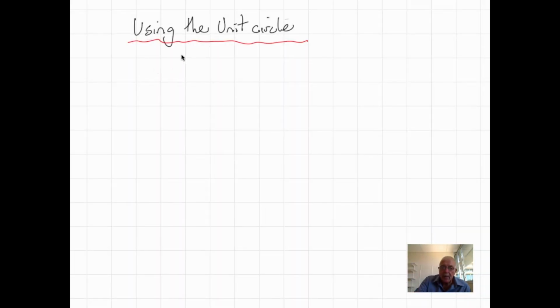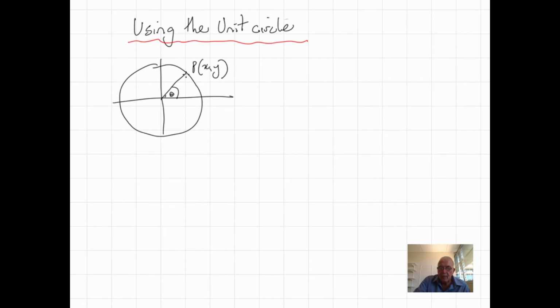In previous work we've seen that when we've got the unit circle, we've got a couple of things going on. Here's theta and P is the point (x, y), and we know that the sine of theta is equal to the y coordinate, the cos of theta is equal to the x coordinate, and the tan of theta is equal to y over x, which is equal to sine theta over cos theta,